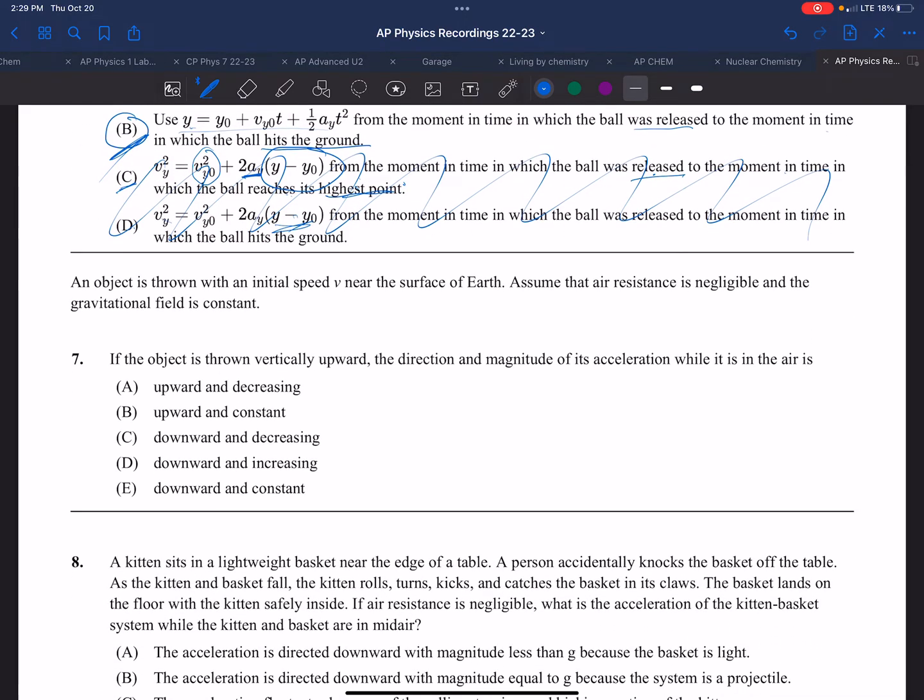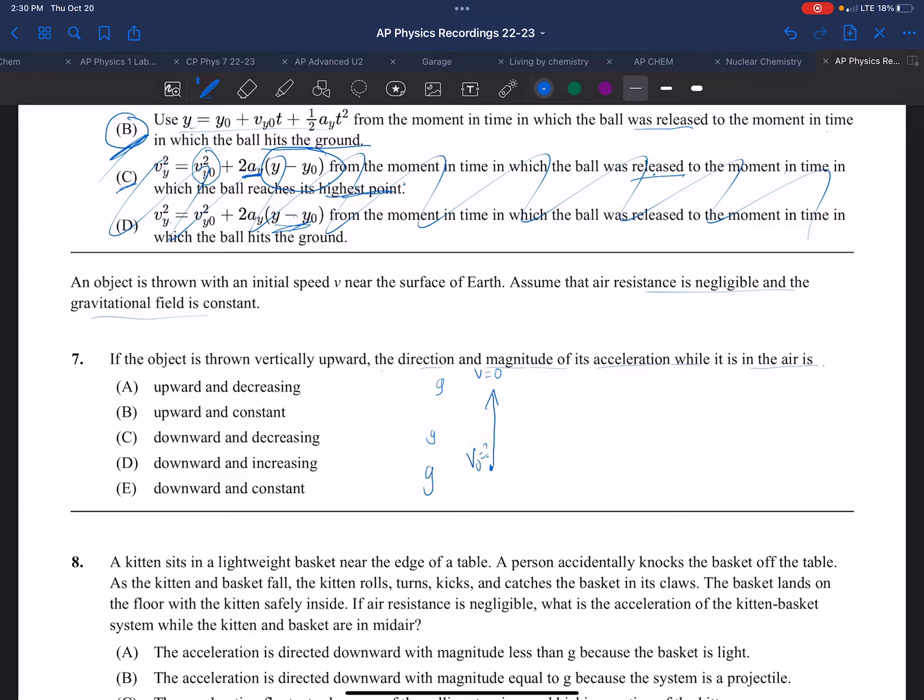All right, so we have an object thrown near the surface of the Earth. Of course, these assumptions about air resistance and gravitational field constant are standard. It's thrown upward vertically with a velocity v. We know at the top its v0 is some number, and at the top the velocity would be equal to 0. We know the acceleration is the same everywhere, g everywhere. The direction and magnitude of the acceleration in the air is